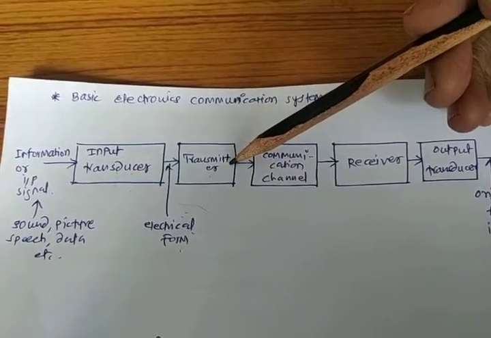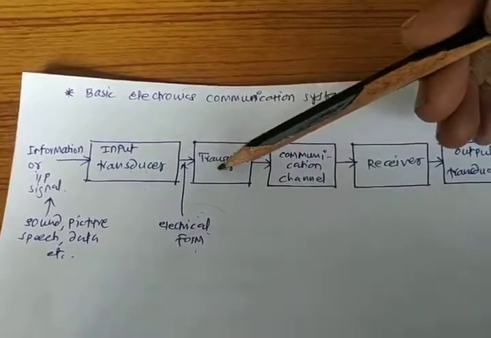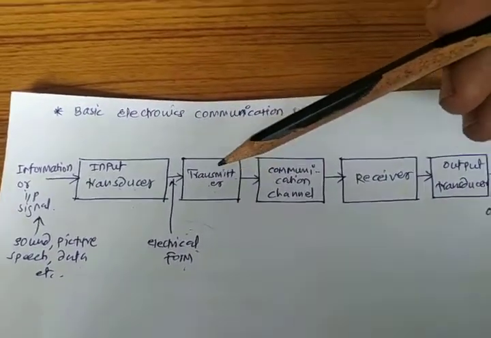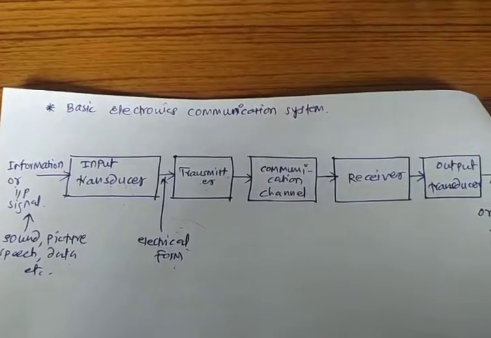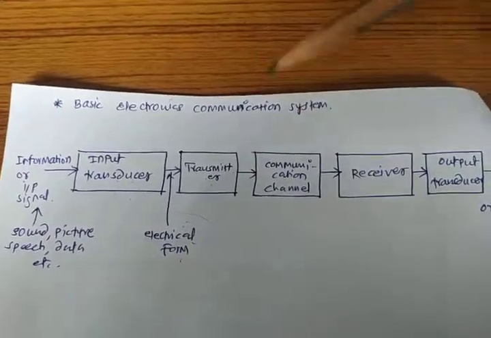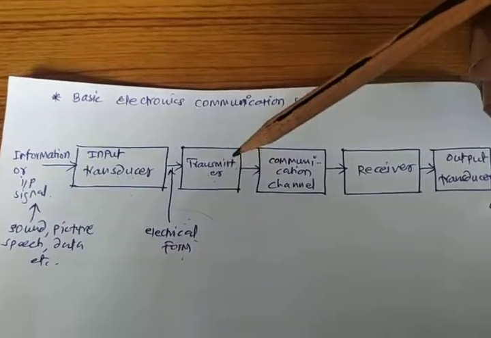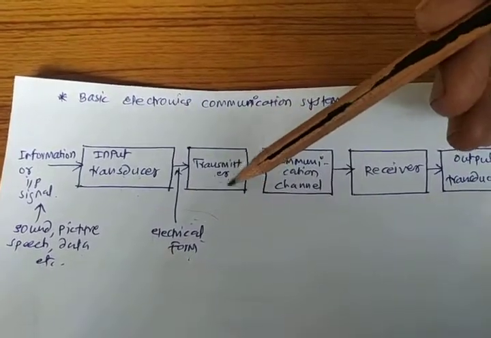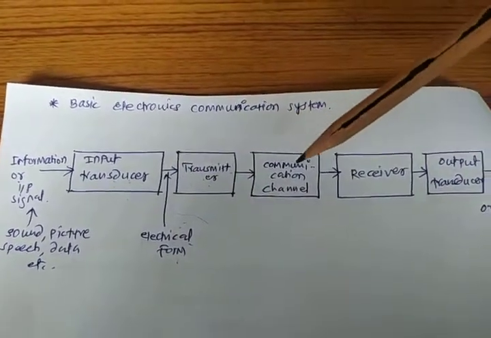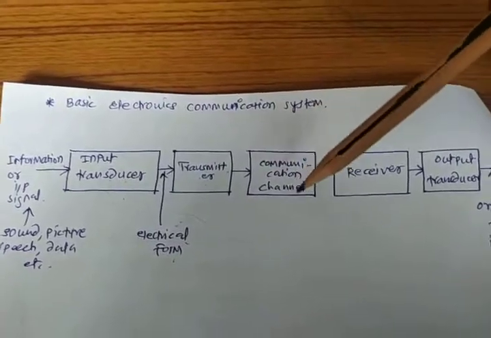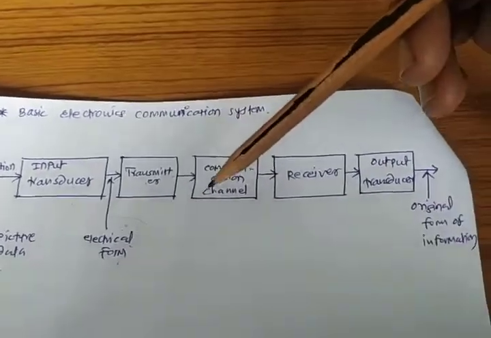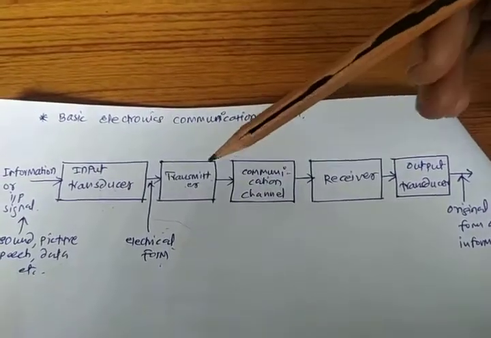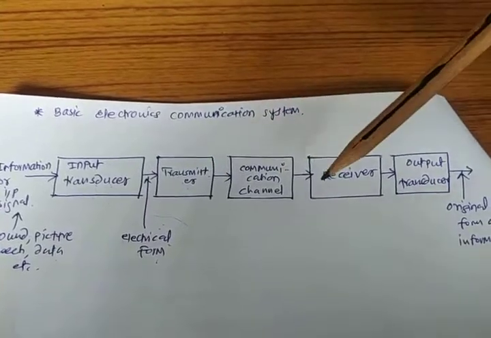The purpose of the transmitter is to receive the signal coming from the transducer. Then it will modulate it. Here there is a modulator block; in chapter number 2 I will explain modulation. So the transmitter receives the signal coming from the transducer side, and then transmits that signal into the communication channel. We can observe different frequency bands, or different frequencies, used to transmit the signal from transmitter to receiver.